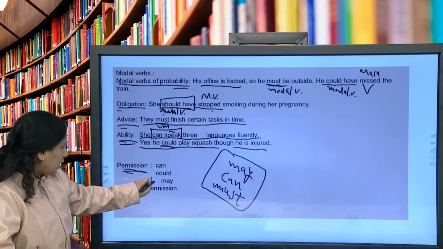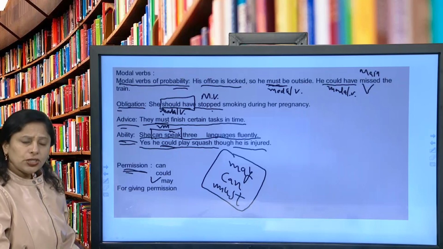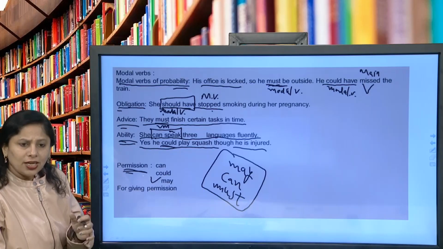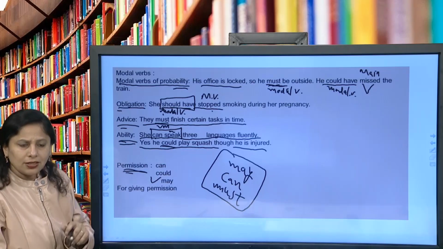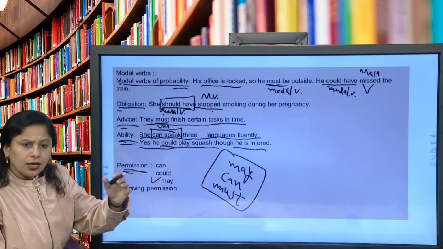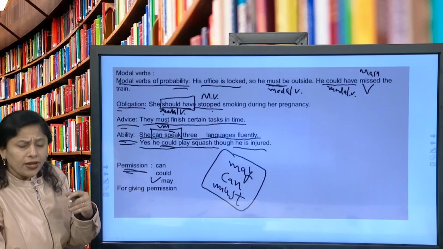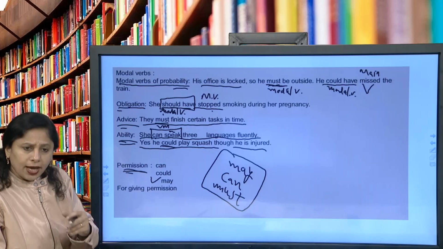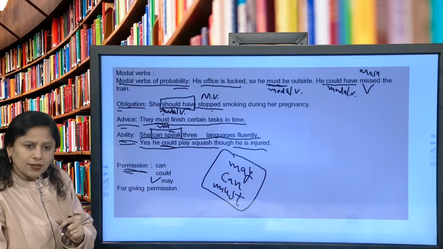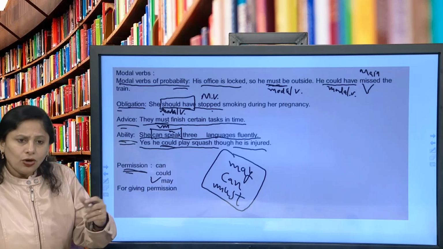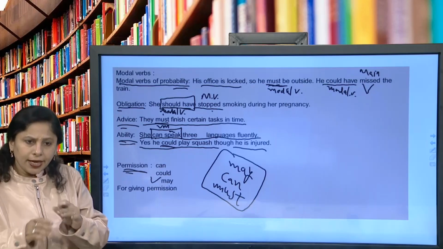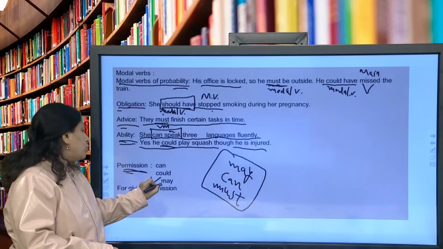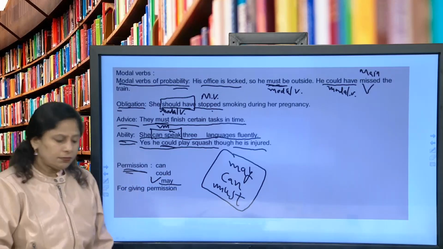Again, we can see the functionings of permission. May is generally used to show permission, to give permission. May I come in the class, teacher? Generally, students ask this when they are entering the class, or when you are entering the office of any higher authority and you are a subordinate or an employee in that organization, you ask the permission of the officer: may I come in the cabin, may I come in your office. So may shows permission, for giving permission.